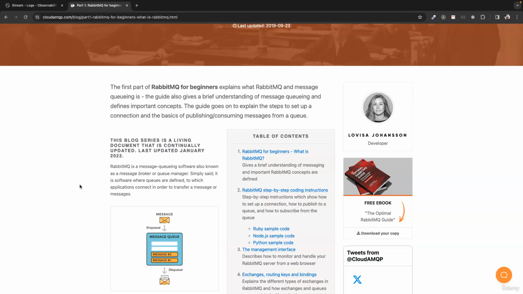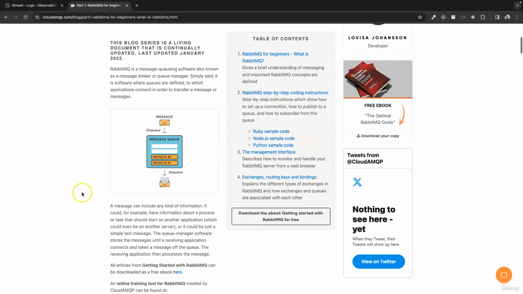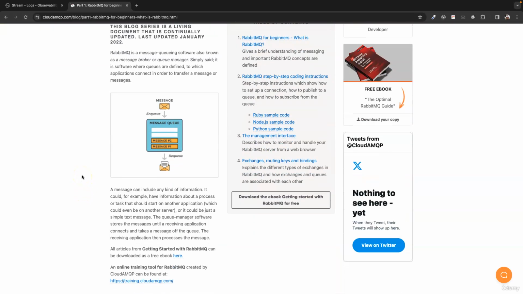Maybe you might be familiar with Kafka. Kafka, RabbitMQ, they are almost the same. You have a producer, you have a queue or a message broker, and you have a consumer. Now, this is how it is. This is just the basic idea. So the message comes from a producer, and you have a message queue. It could be one message, could be multiple messages, and then it is dequeued and then sent to the